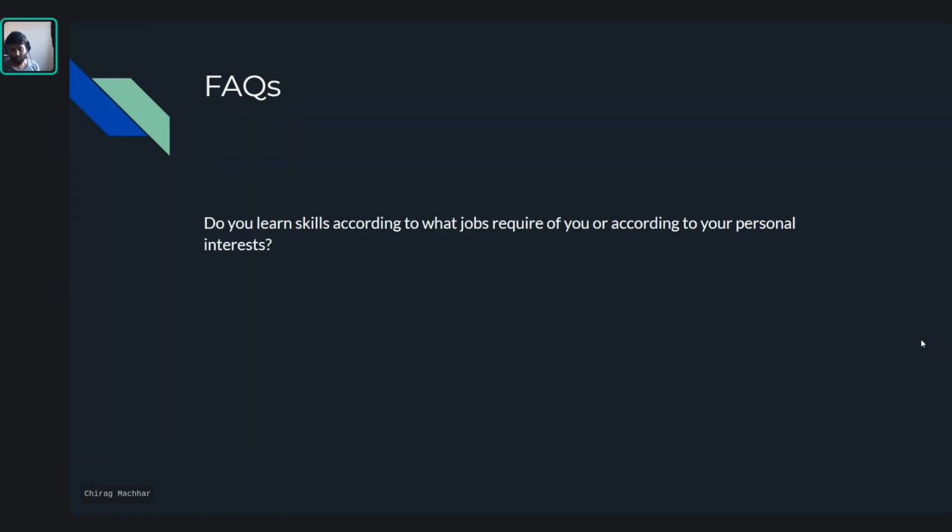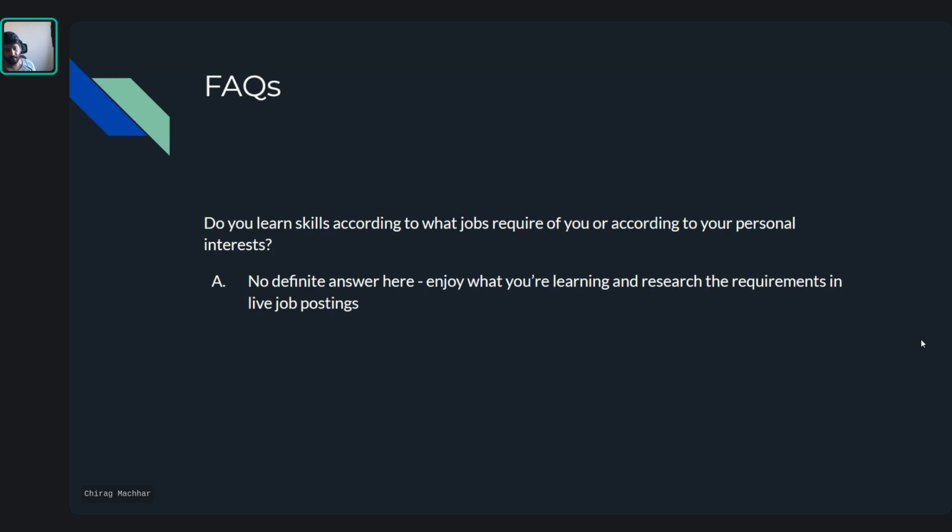So also, this is again kind of a chicken and egg situation. Do you learn skills according to what jobs require of you, or according to your personal interests? And there is no definite answer here. Enjoy what you're learning, research the requirements in live job postings, and seek out help from mentors or someone senior